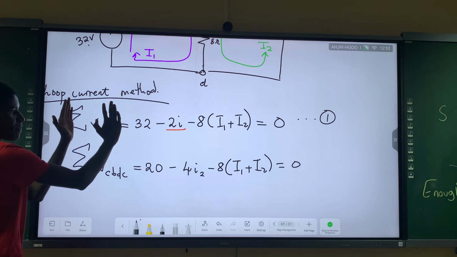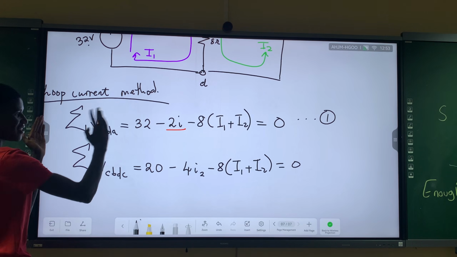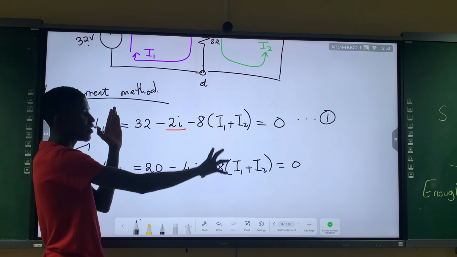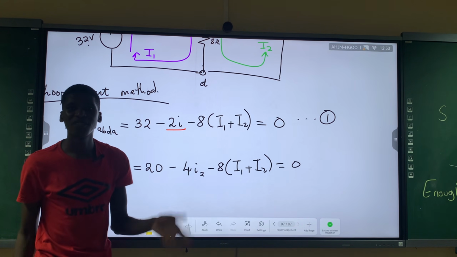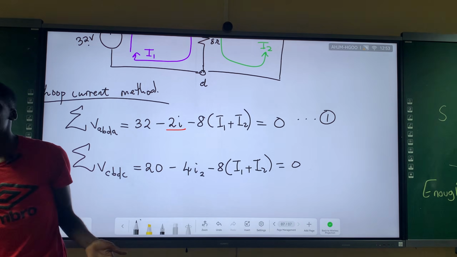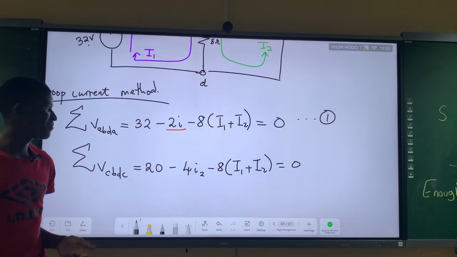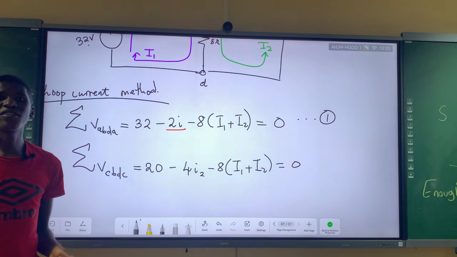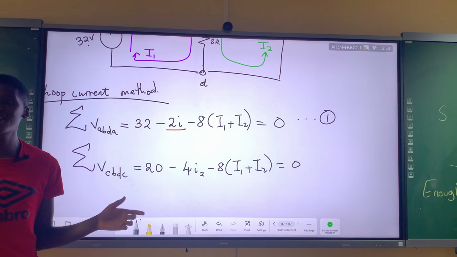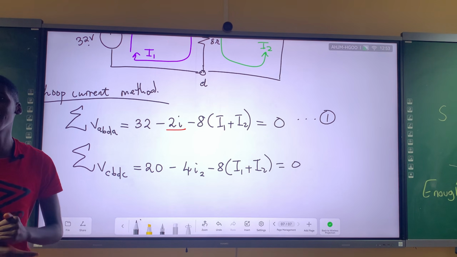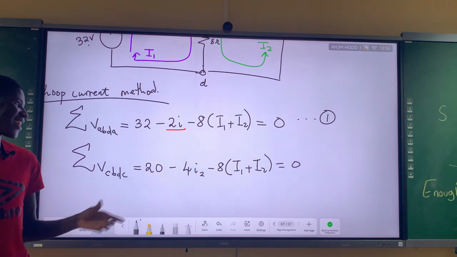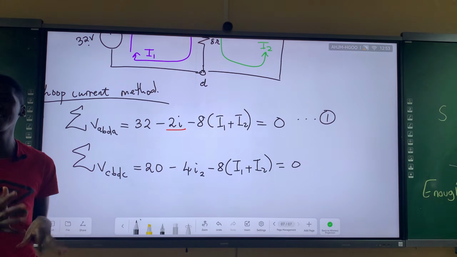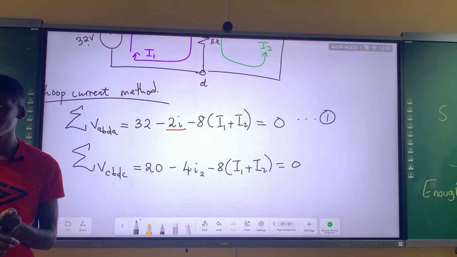So drop this part. This part is important, it is just stating the law. When I solve the equations, I solve for I1 and I2. It's maths now. Obviously guys, you can do simultaneous equations, you can do an elimination method, you can do a matrix, you can do anything that will get you the answer. The rest is mathematics.